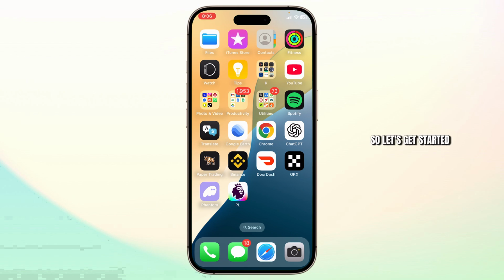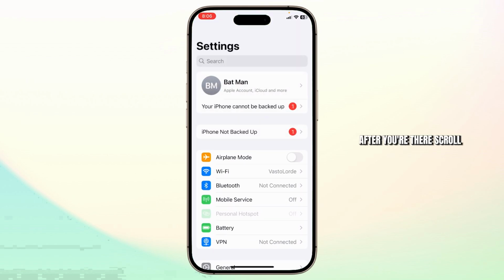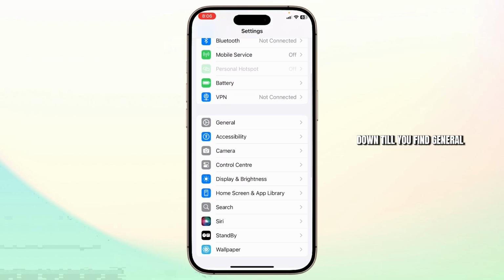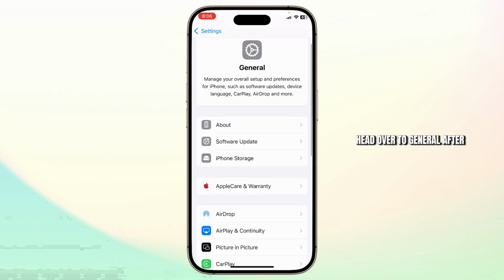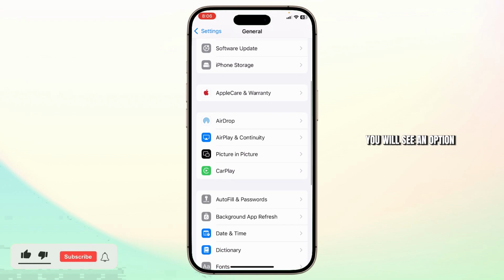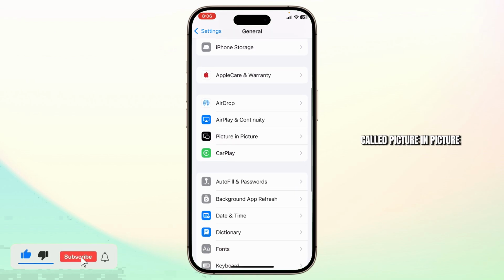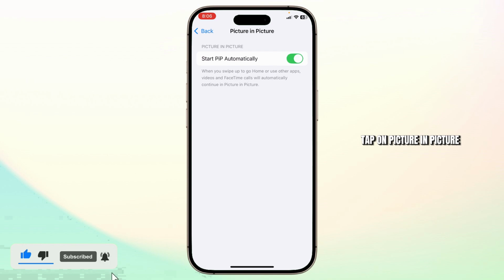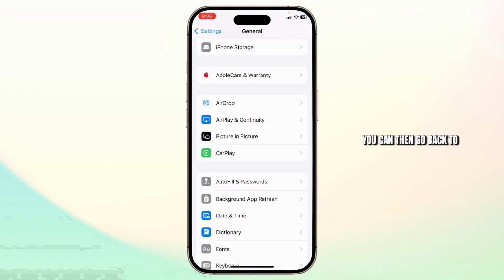So let's get started. The first setting that you'll need to do is head over to your settings app. After you're there, scroll down till you find General. Head over to General. Right here you will see an option called Picture in Picture. Tap on Picture in Picture and make sure that this is turned on. After you've turned Picture in Picture on in your general settings, you can then go back to your home